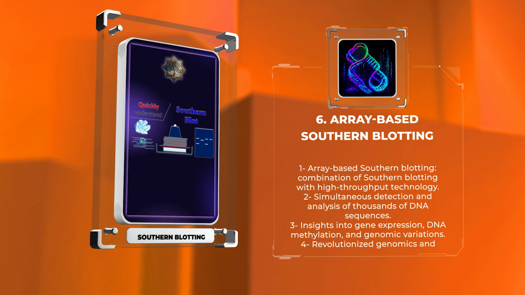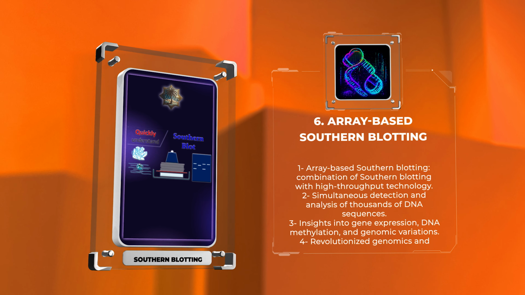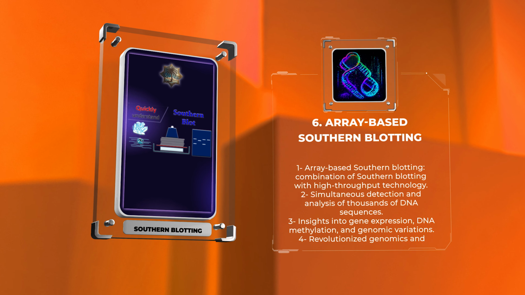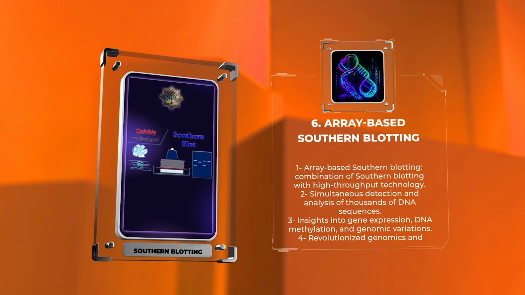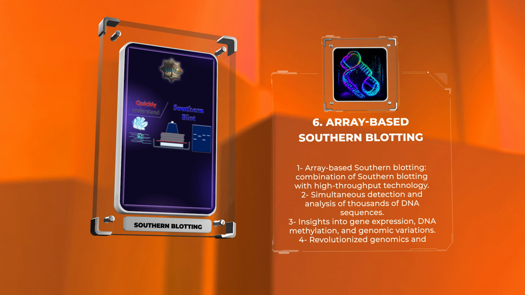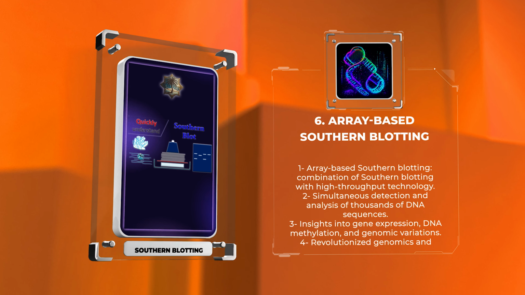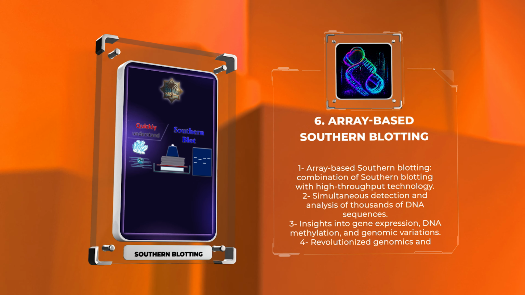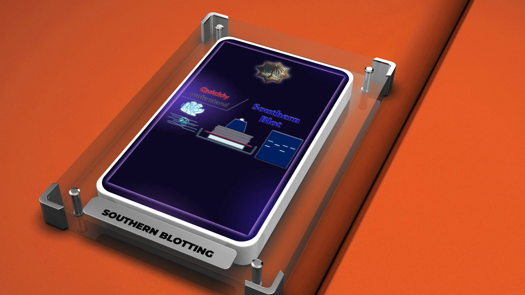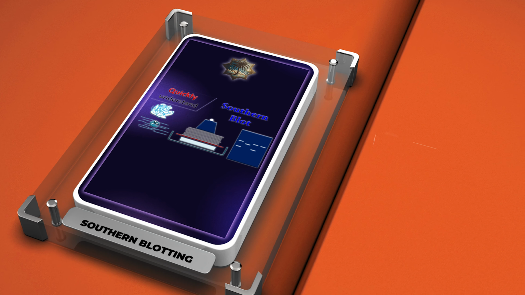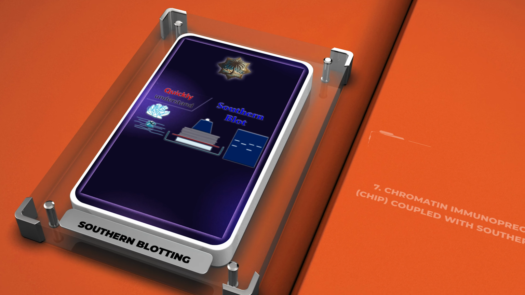It allows for the simultaneous detection and analysis of thousands of DNA sequences, providing insights into gene expression, DNA methylation, and genomic variations. This technique has revolutionized genomics and transcriptomics research, leading to the discovery of novel genes and biomarkers associated with diseases. Chromatin immunoprecipitation, ChIP, coupled with Southern blotting is a technique used to study protein-DNA interactions on a